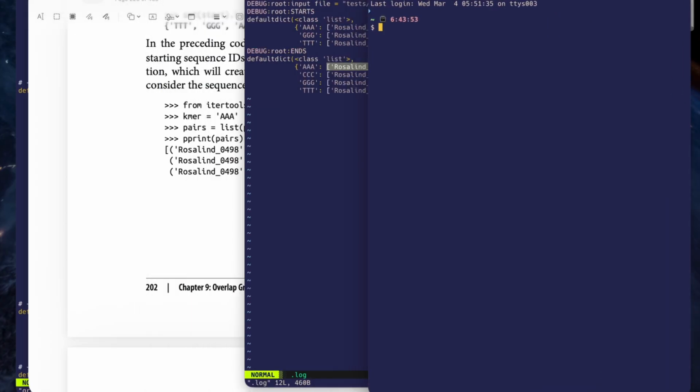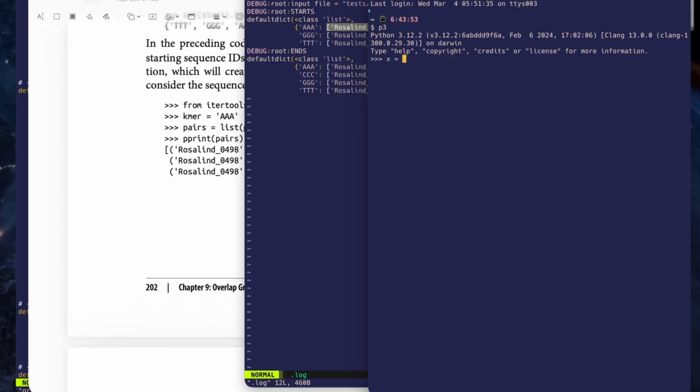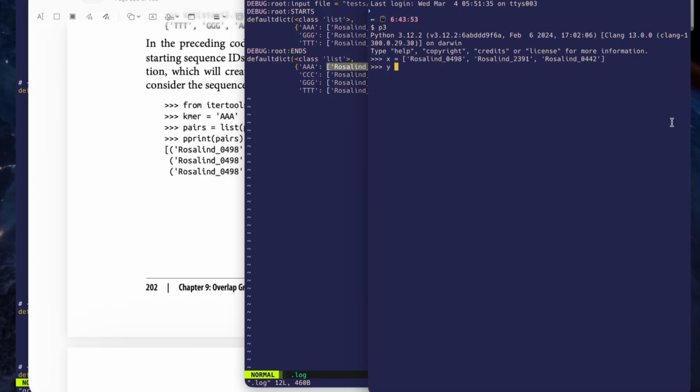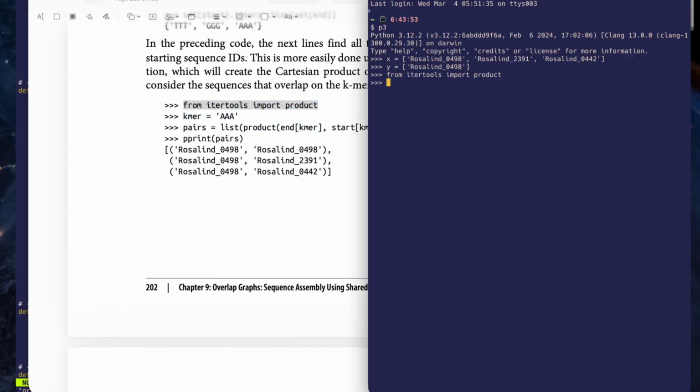Let me just pull up a new REPL here, jump into Python, and I'll say list 1, let's see, X, I'm going to call it just X for the moment, and Y is going to be equal to this list. So how do we create Y is equal to that? How do we create the product of these two? Well, I'm going to import from itertools product, and I'm going to say what is the product of X and Y, and it's going to create this itertools product, which hopefully you see that and you're immediately like, oh, that's a generator, that's a lazy function,